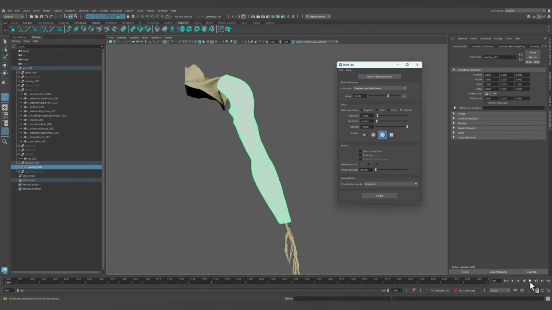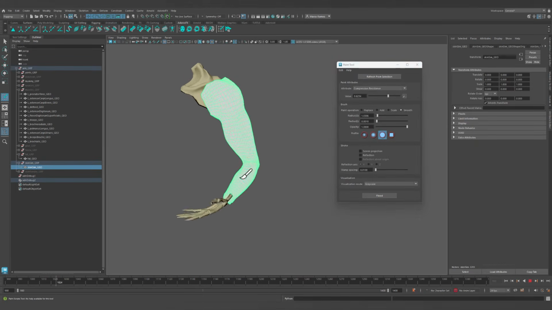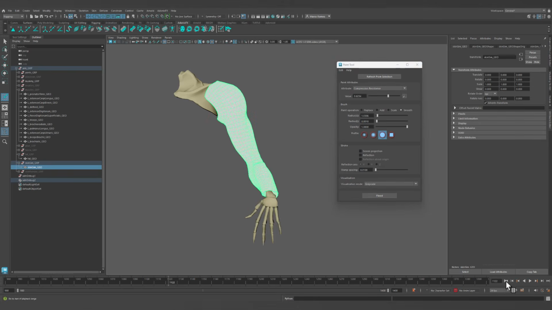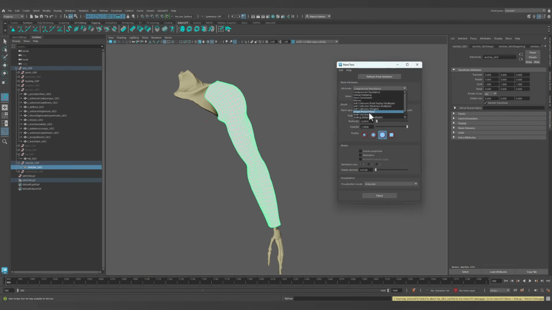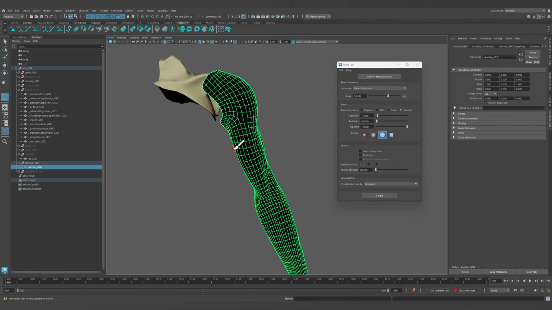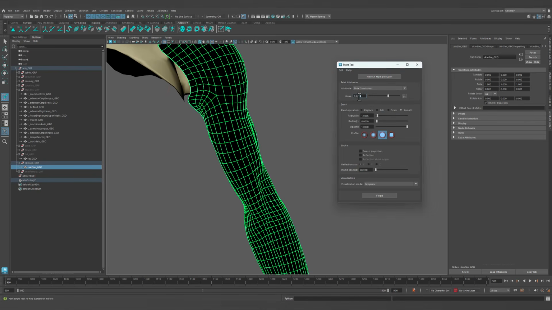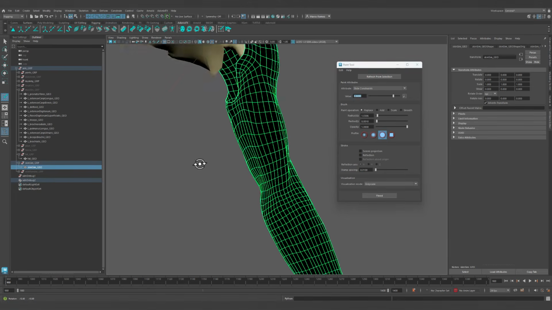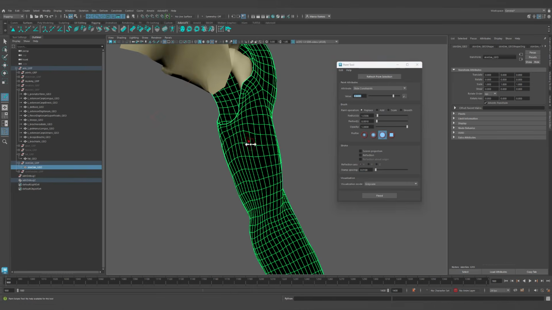By default, these will be very, very hard, as you can see here. But actually what I want to do is add some sliding